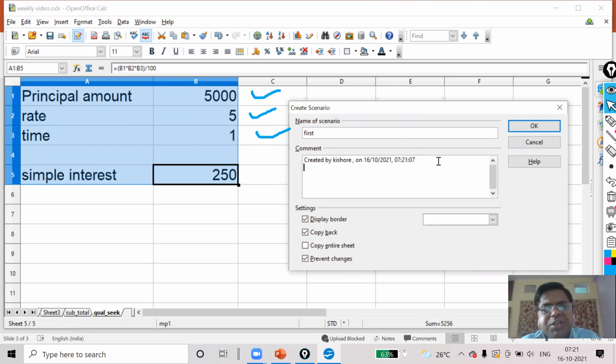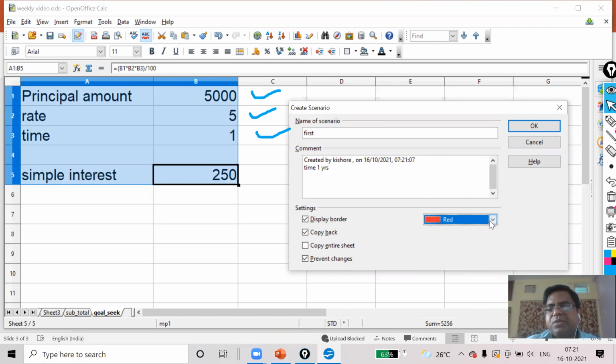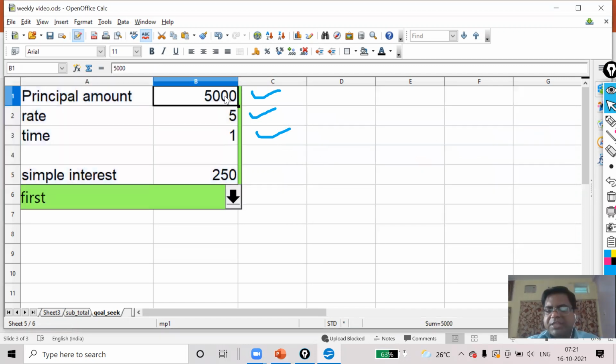In the first scenario, what time am I going to give? 1 year. Now I want to see the border in red color, not green. And then I will click on OK. Now this is my first year.